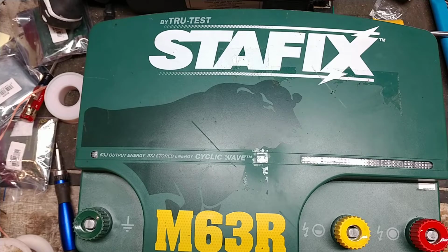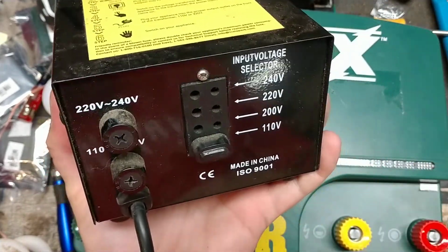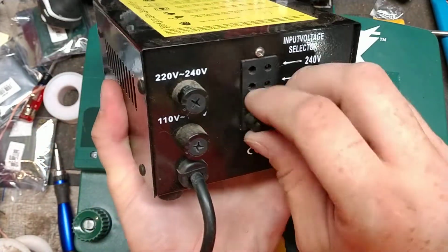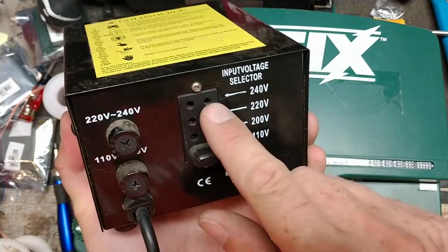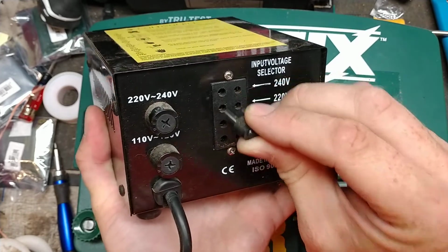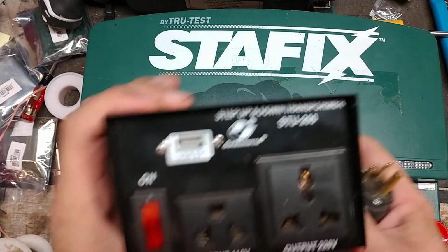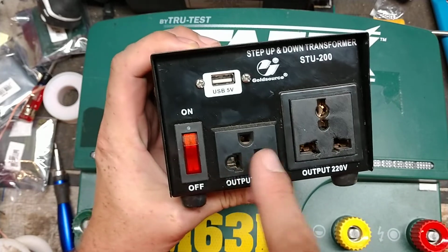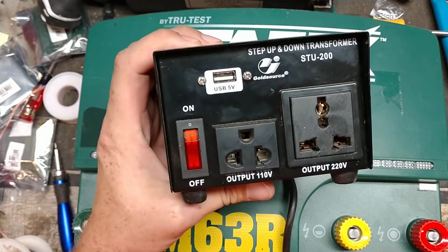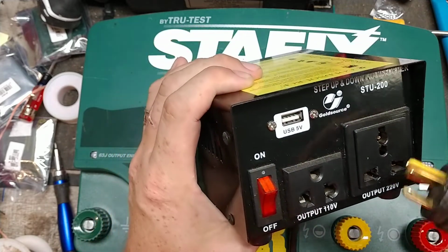And what I'm going to be using to run that is this little thing here. It's a 110, 120 volt conversion to 220, 240. And you can see, if you want to plug it into 240 right off the bat, you can do that. You've got to take this out and put that up there. But we're running on 110, 120 volt, and it has the output here. So you can run a 110 volt unit off this. Say all your outlets are plugged up, you could power this on and plug something into there. But we're going to plug this into here,